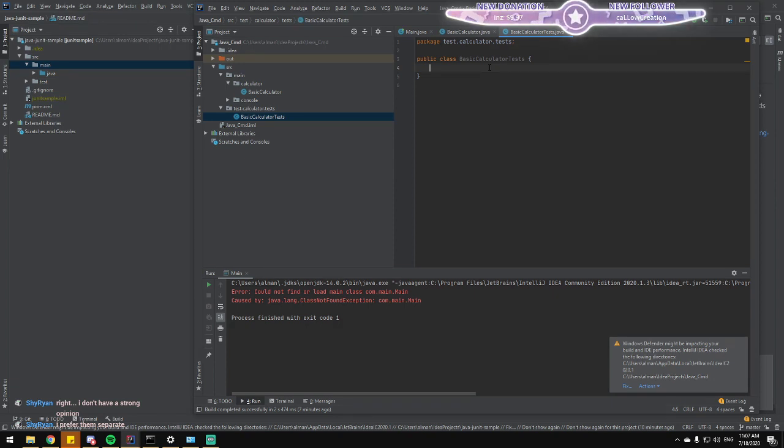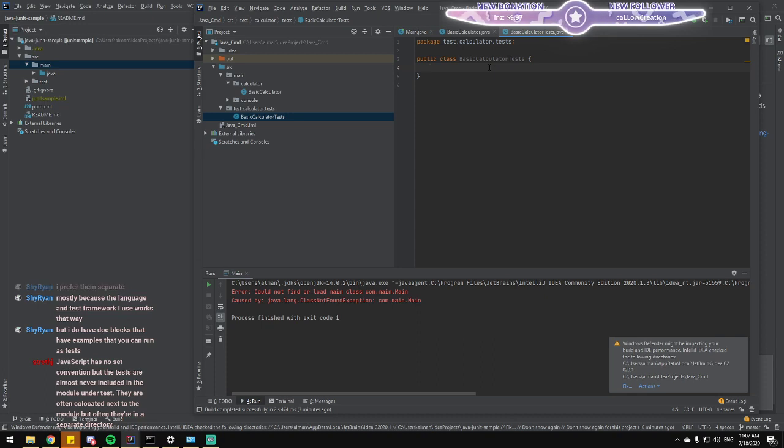But I also prefer them separate. But I see both sides of the medal. Yeah. Okay. Well, same in C#, same in Java, but not same in, let's say, Rust or JavaScript. Okay. Yeah.